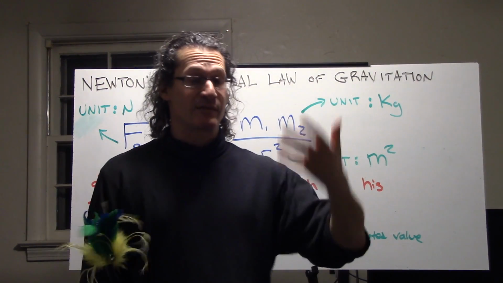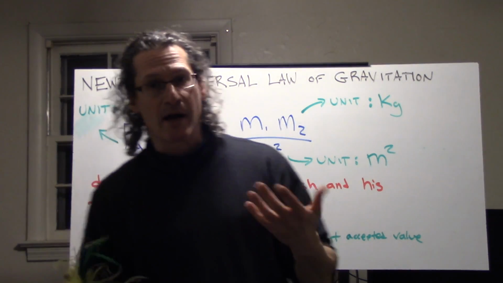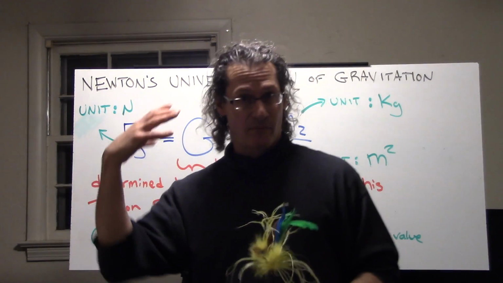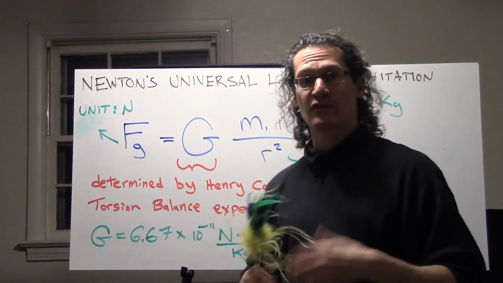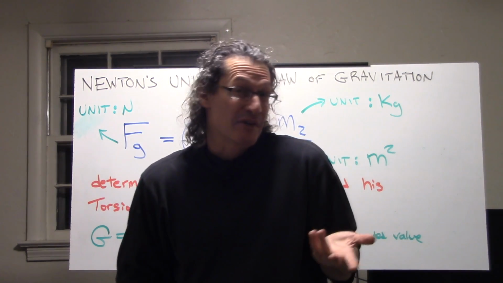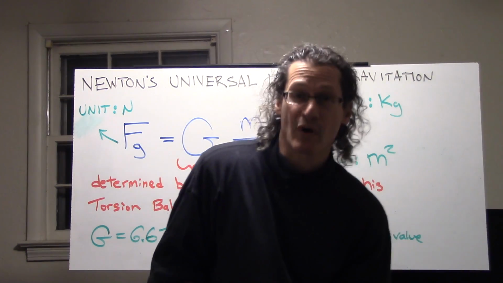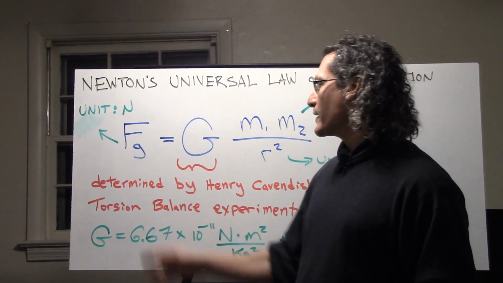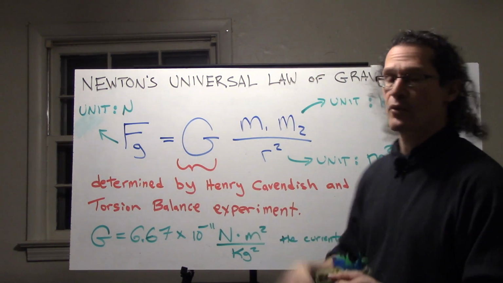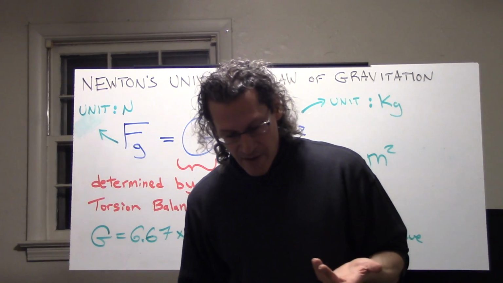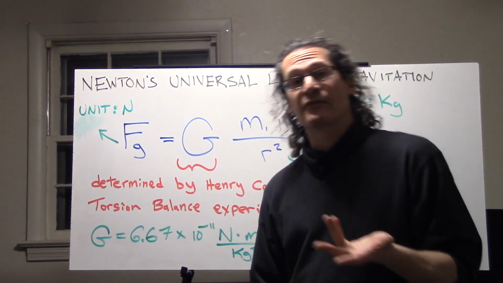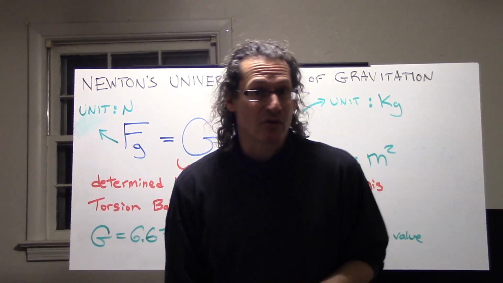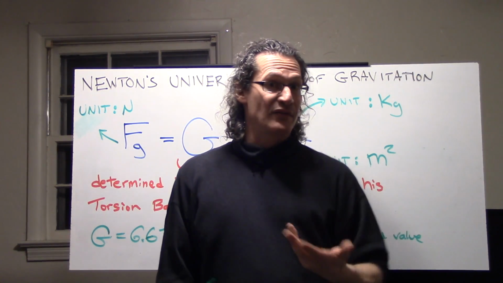And so here it is in its form. Newton's universal law of gravitation. Again, Henry Cavendish determined this. We'll look at his experiment as well and what transpired. How did it work? How did he get this number known as G? He determined it with something called the torsion balance. So we'll look at that experiment. And in the process, he's actually known for weighing the Earth. He's the guy who kind of indirectly determined the mass of the Earth by this experiment.